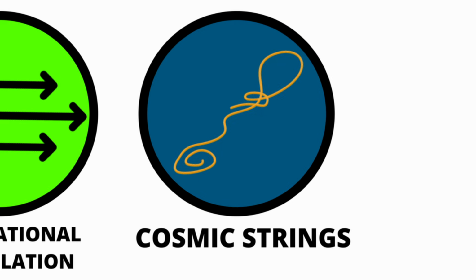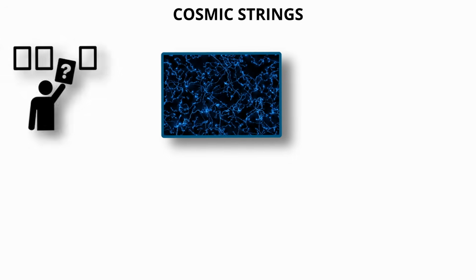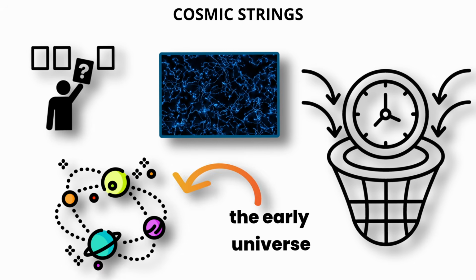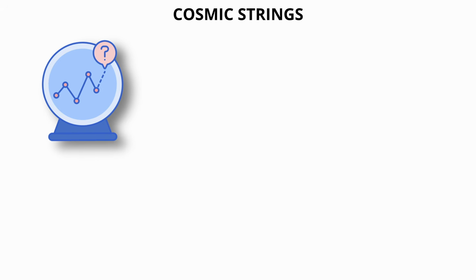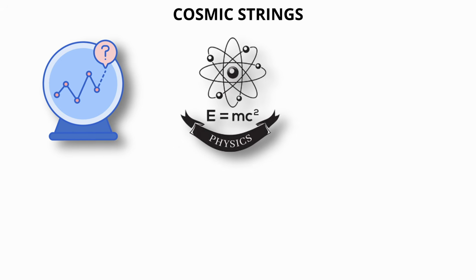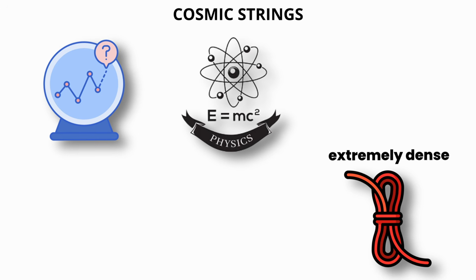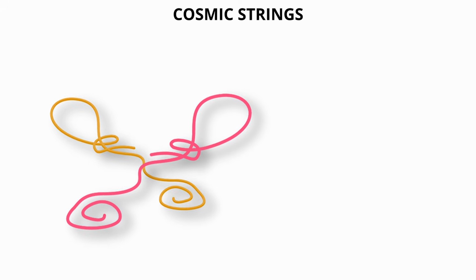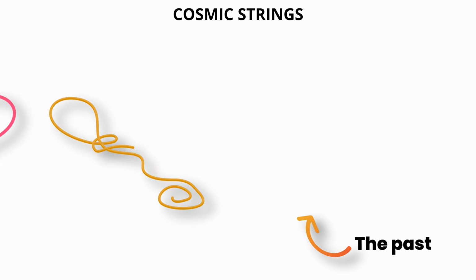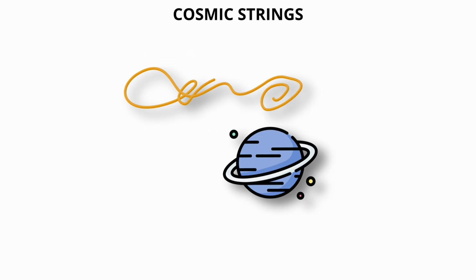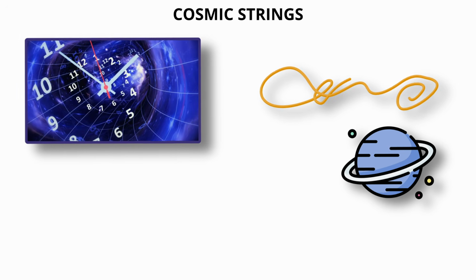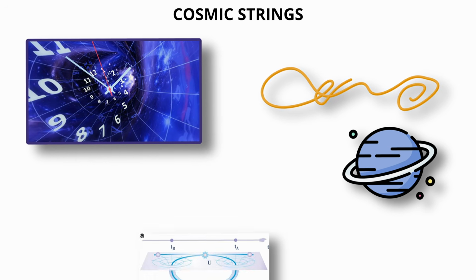Cosmic strings. Cosmic strings are hypothetical one-dimensional defects in spacetime, possibly formed during the early universe. They are predicted by certain grand unified theories in physics. These strings would be extremely dense and create intense gravitational fields. If two cosmic strings were to move past each other at near light speed, or if one moved rapidly alongside a massive object, they could warp spacetime in a way that forms closed time-like curves, paths that loop back on